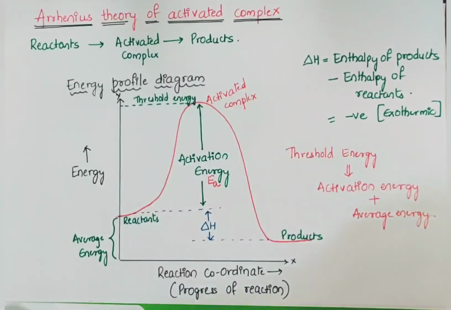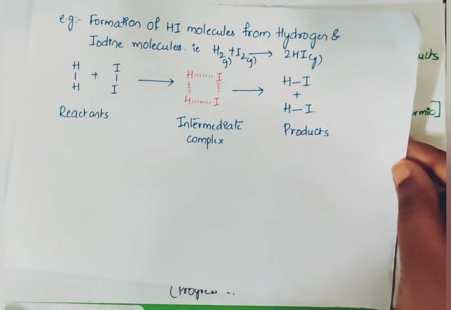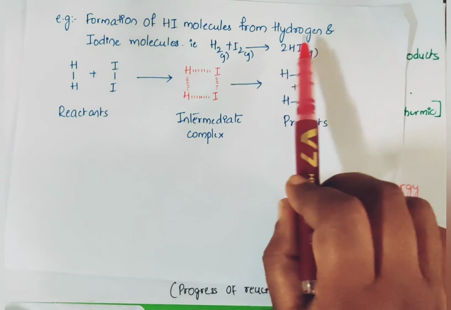So all the collisions that take place between the reactant molecules will not give rise to the product, because they do not have sufficient energy to bring about effective collisions to convert into product. So threshold energy is the minimum amount of energy that the reactants should possess to form the products. Activation energy is the energy that is supplied or absorbed by the reactant molecule, so that it reaches an energy equal to or greater than the threshold energy and can form the products. One example you can take here is